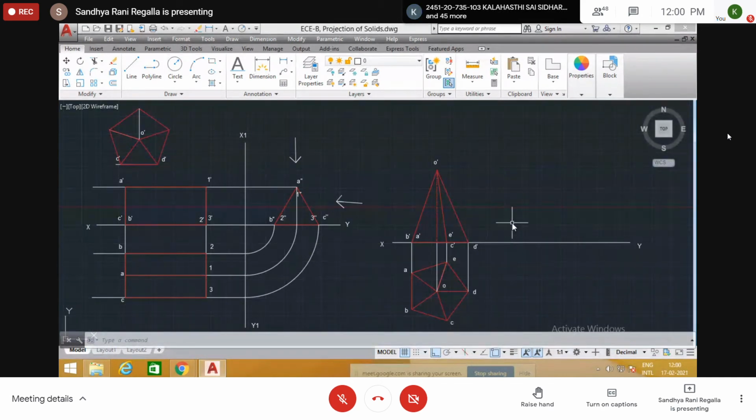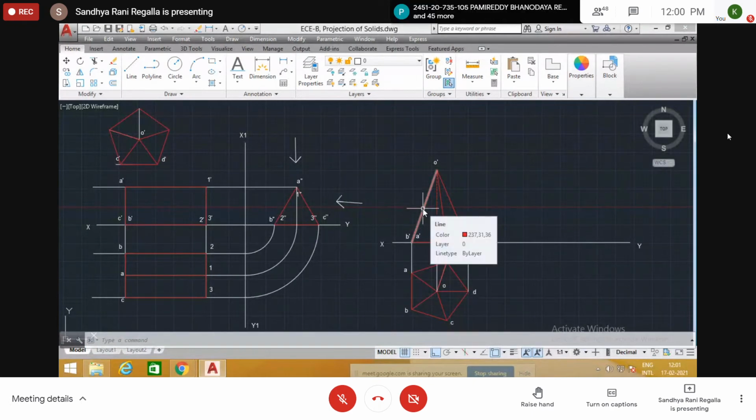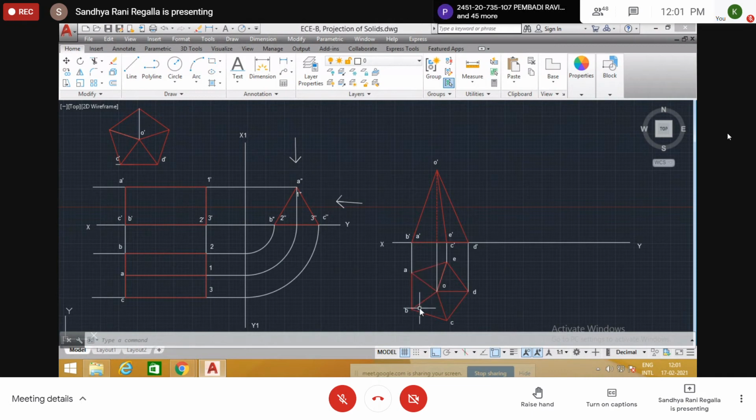on HP. Slant edge means see this extreme line is there, this extreme line is there, but this line does not represent a slant edge because the notation of this line is O, A and B. At the bottom we have A and B, 2 points. OAB. If you see in the top view, OAB, it's a triangular face. It's not a slant edge. But this line, O and D. So here OD.